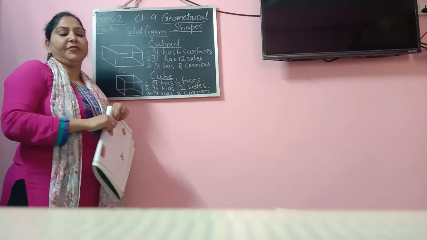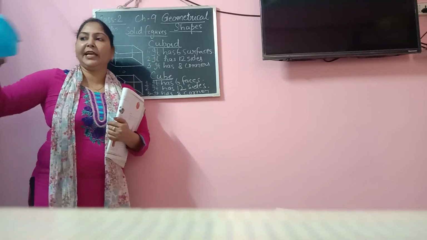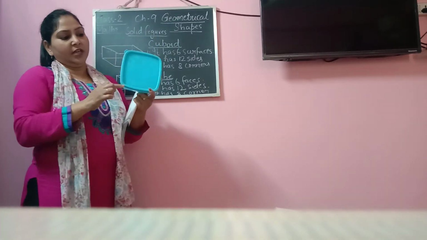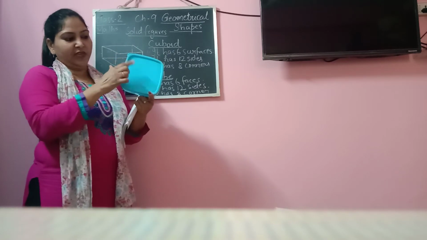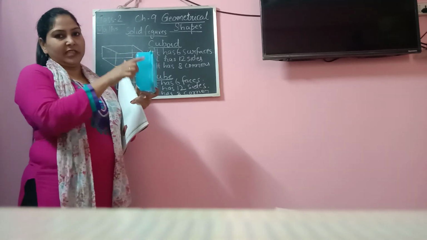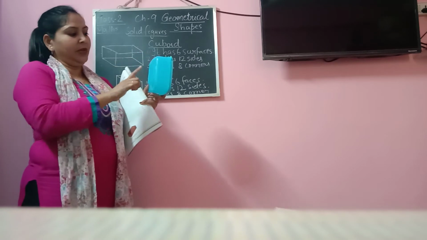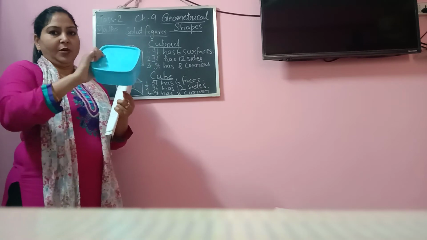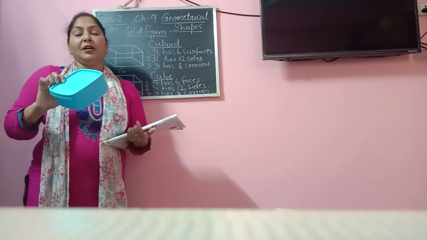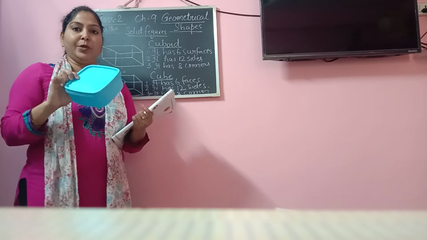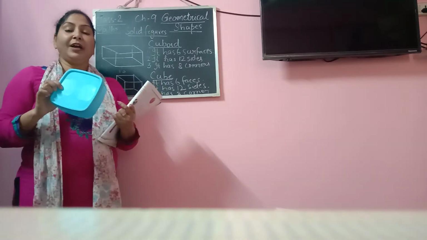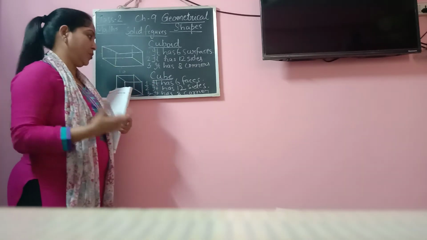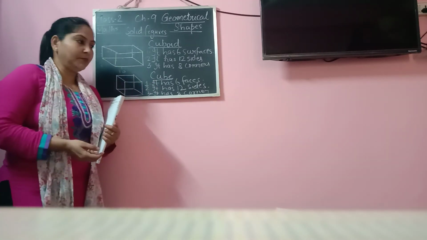Well, I don't have the perfect example of a cube, but I can show you. This is somewhat like a cube shape. You can see here the faces. Of course, this face is not a square, it is a rectangular shape. But the back and the front face, you can see are made up of square shape. So a cube will be a solid figure which has all the sides equal. Why? Because it is made up of square shapes. All the faces are made up of square shape. So this is about the cube.